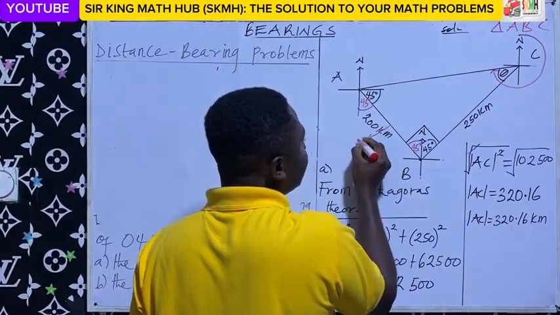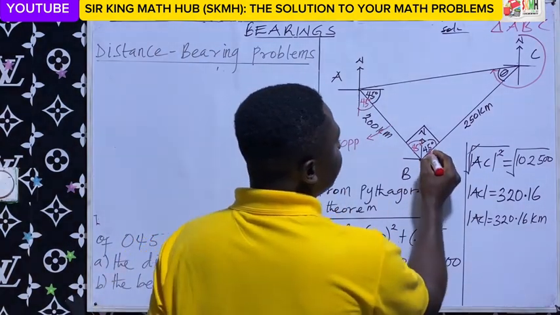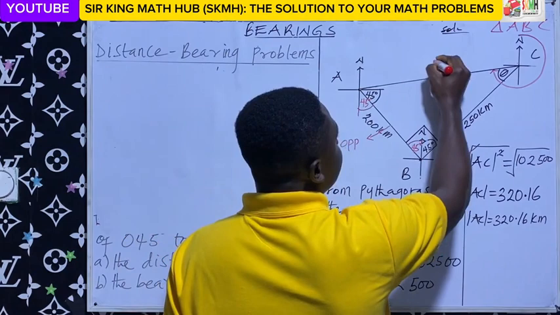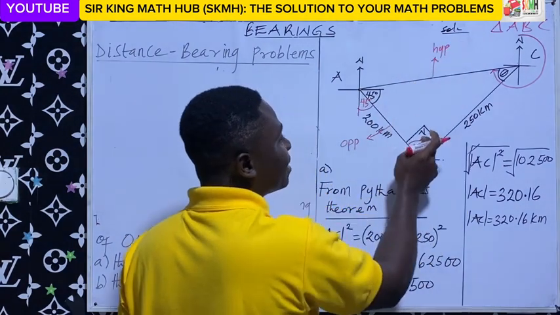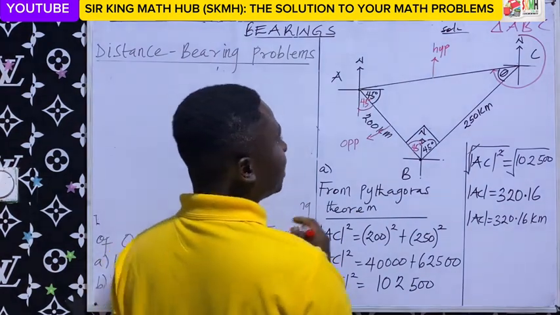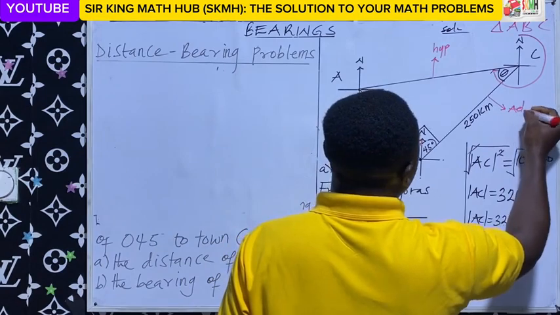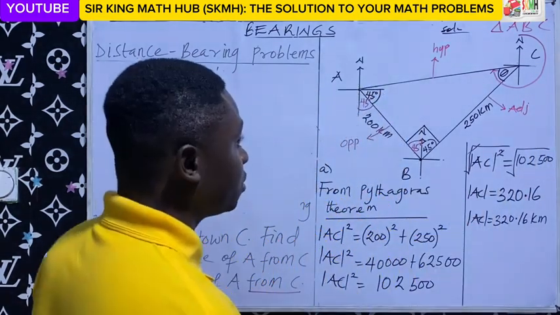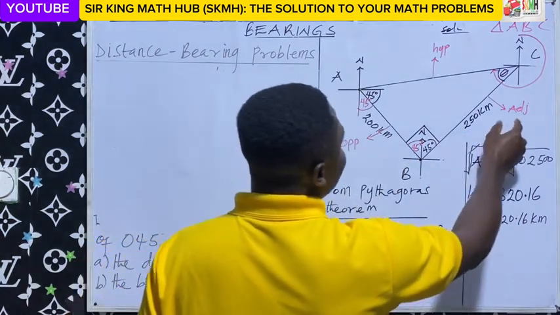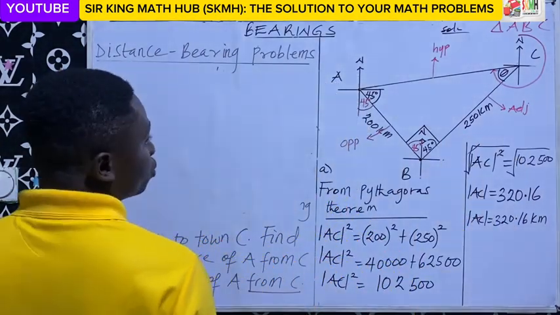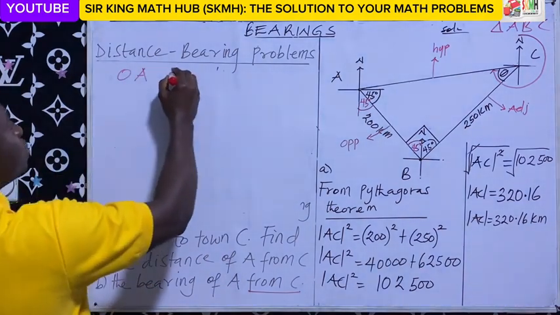So this side here becomes the opposite. The longest side is the hypotenuse, again the side facing a 90 degrees angle. And obviously, this side here will be our adjacent. To calculate theta, we have our opposite and our adjacent. So from SOHCAHTOA,